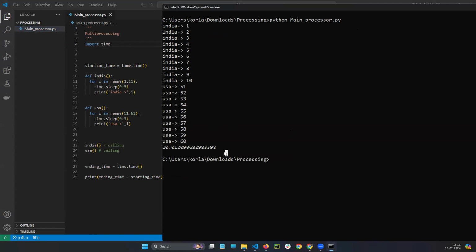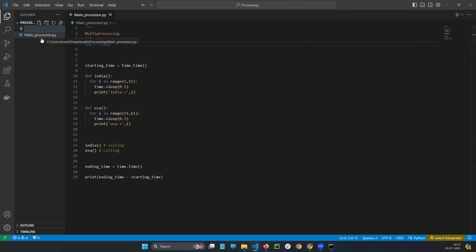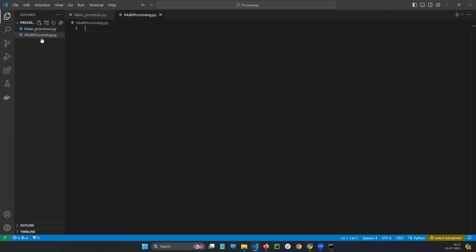Say 10 seconds. Okay, now see, I'm going to create another file which is known as multiprocessing.py. For that also, I will write the code from the scratch. You be ready. Okay, guys, this is main CPU. You can help me, if you know the concept, if you worked on this last day or yesterday or in the last classes. So guys, you tell me this is main CPU.